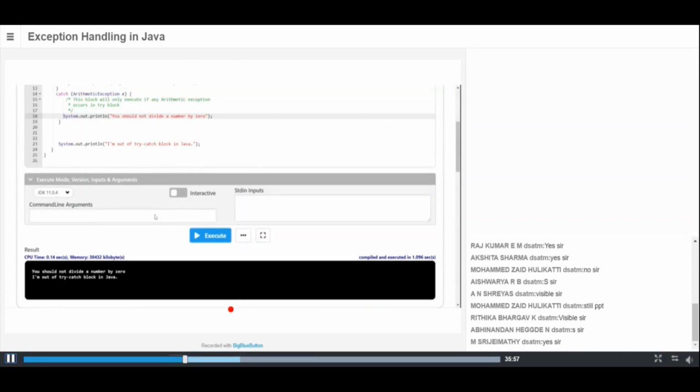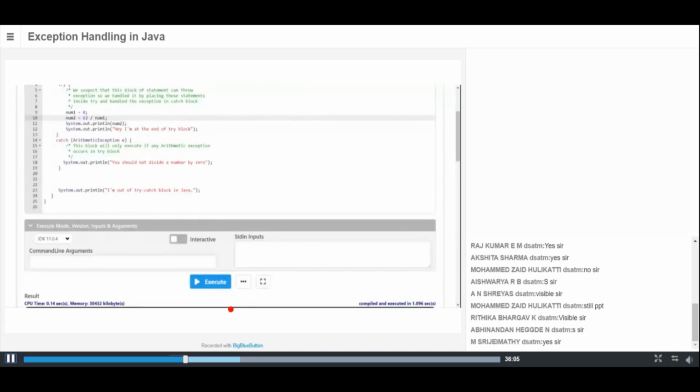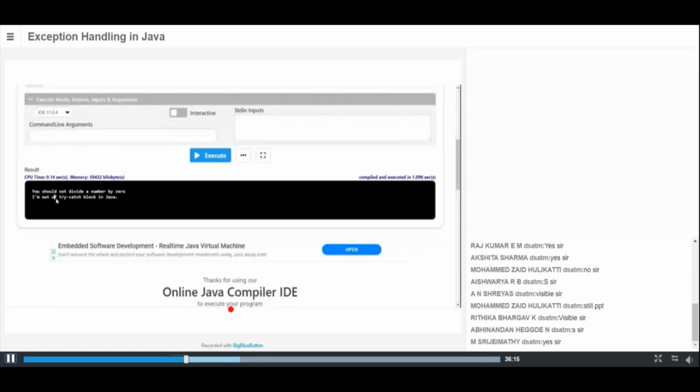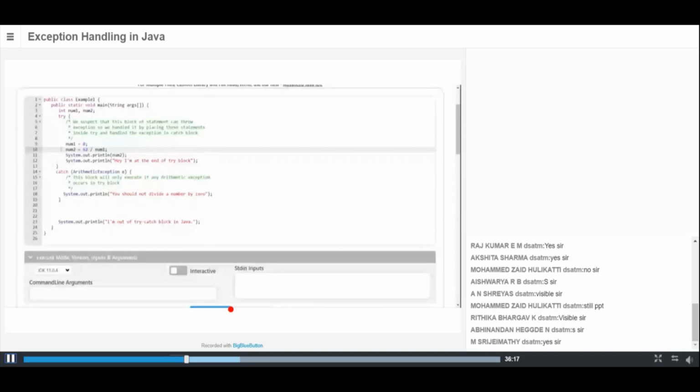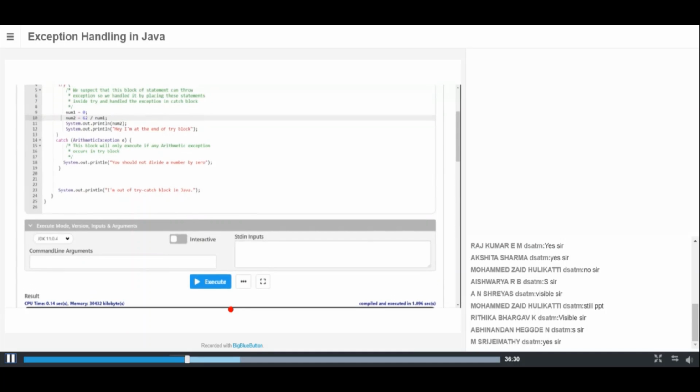You should see the result. Of course, we know that this statement is wrong, but still my application runs perfectly. Even though I have a statement that is causing an error, my application runs perfectly. Why is it possible? Because we handled this type of situation. If any error comes and you know how to handle it, then the other valid statements can also run in your application. That's the advantage of handling exceptions.